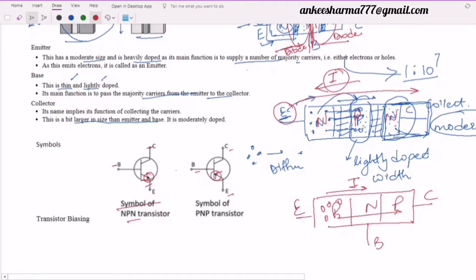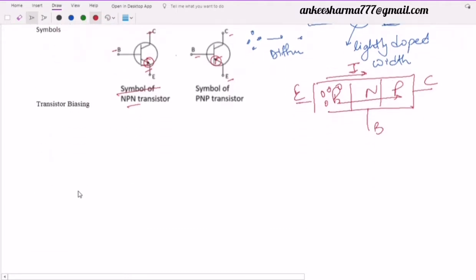Now in practical transistors, if I draw a very practical transistor, we will find three legs and a notch over here. This notch is important because it is near the emitter terminal. It means we can directly say that this is my emitter, this is collector, and in between there will definitely be the base. But it is not always right.